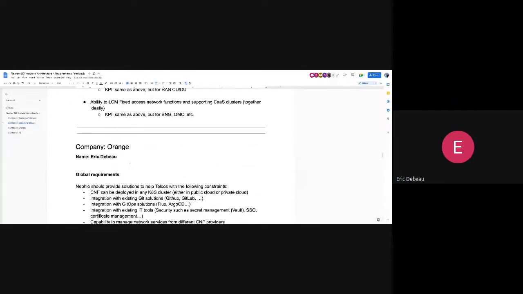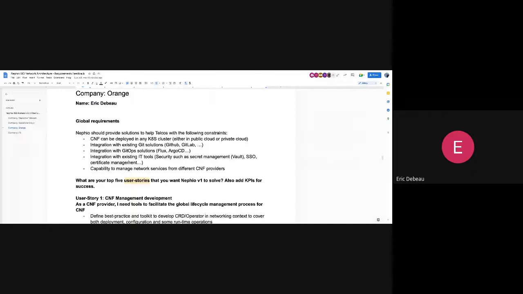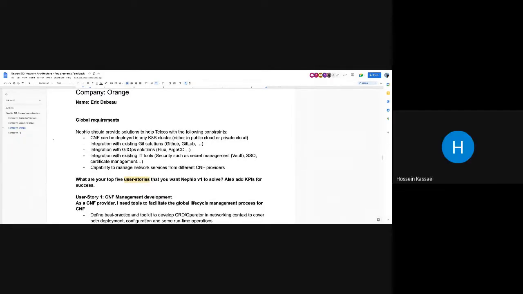Yes. So I also provided some global requirements to be clear that we are on the same page, because I had some feedback from internal colleagues about that. What should be clear for us is that we should be able to deploy the various CNFs in any kind of Kubernetes cluster, either in public cloud or in our private cloud. For us, it's very key that we are okay with that. We'd like to avoid dependency on dedicated Git solutions. What we are building should be usable with a Git repo from GitHub, GitLab, or whatever internal one.